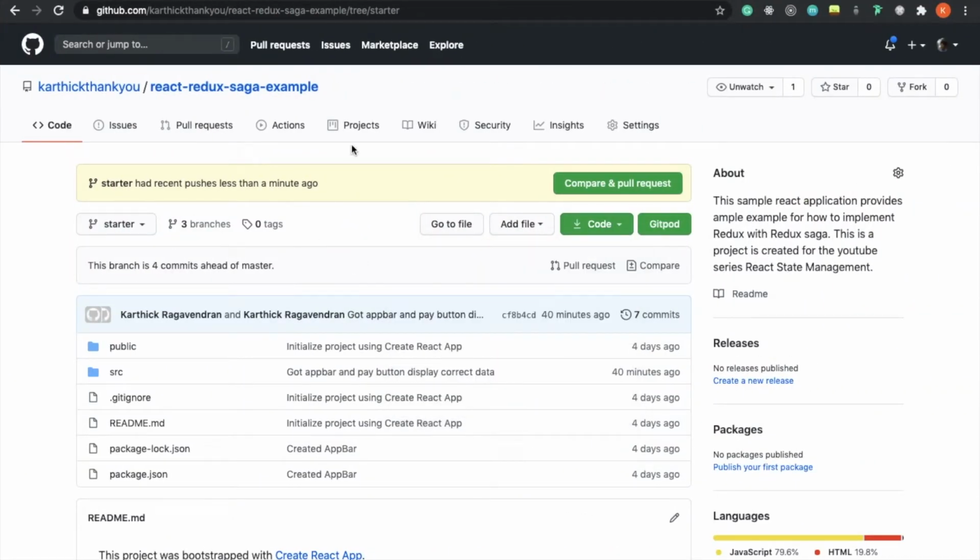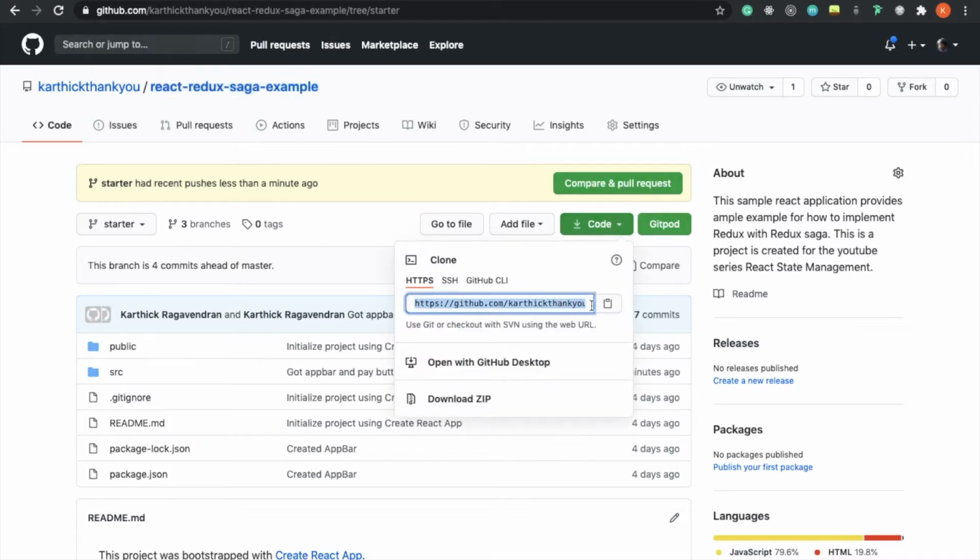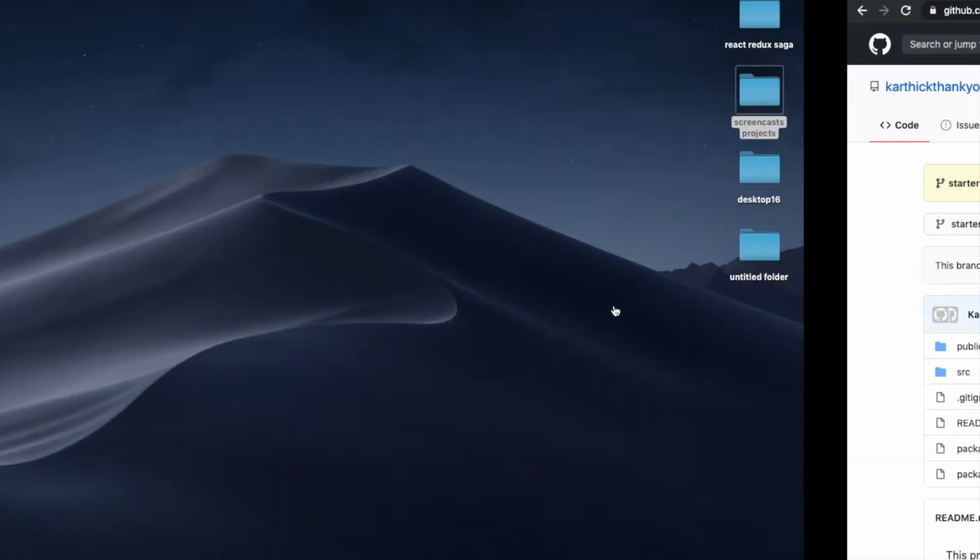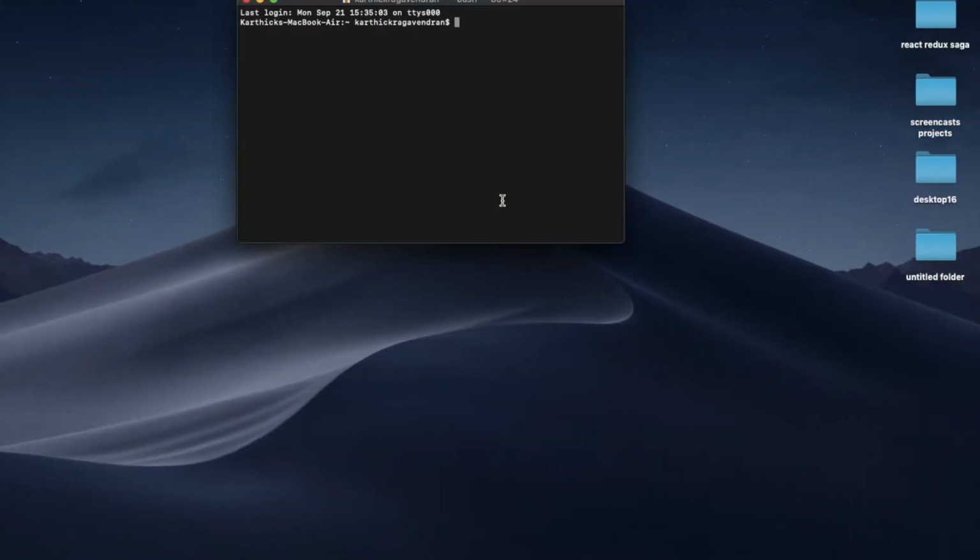To follow this tutorial, go to this repository and copy the HTTP link for cloning. Go to your required folder, git clone, copy the link, and then we need to clone the branch starter